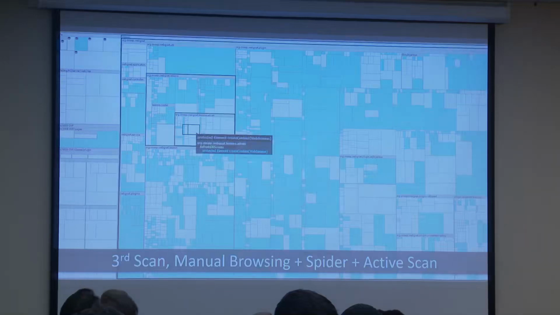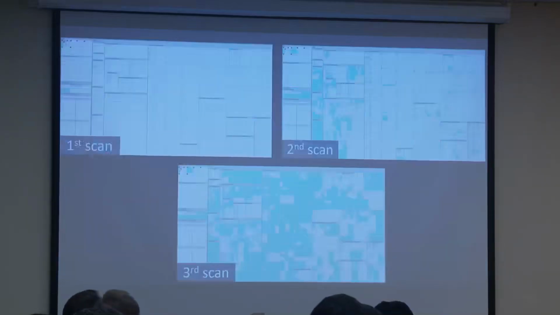And you can also see things that were still missed. Like this refresh DB screen is a method within WebGoat. There's a page within WebGoat where, if you're admin, you can refresh the whole database. I didn't go to that page, so I didn't cover that part of the application. I would be able to see that by interacting with this. So you can see here, these are the 3 scans that were done. I'm able to see visually how I was able to improve my testing